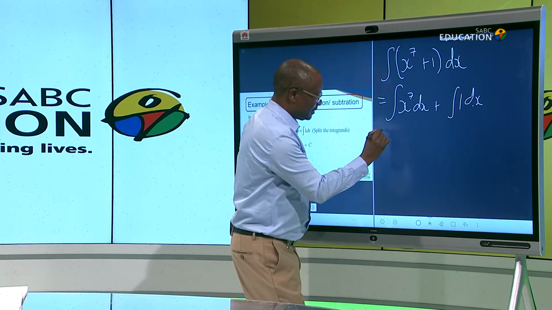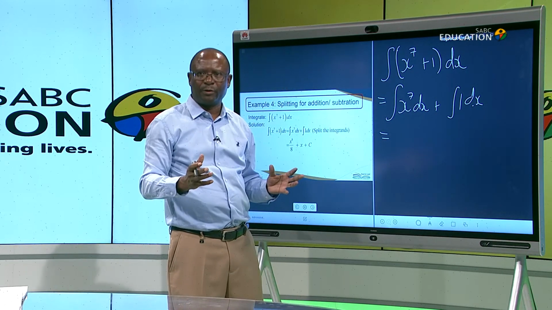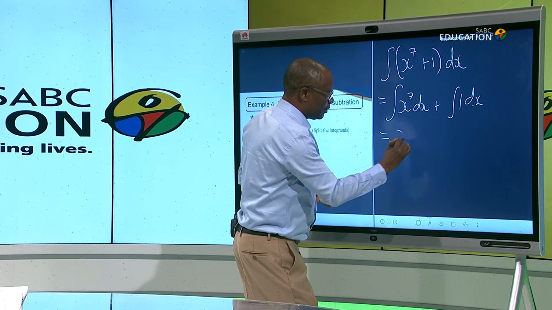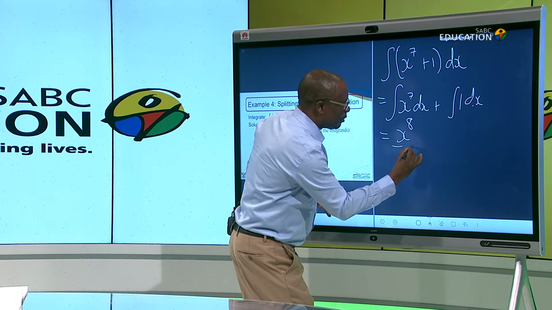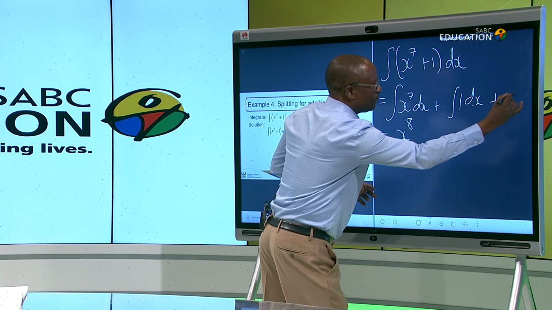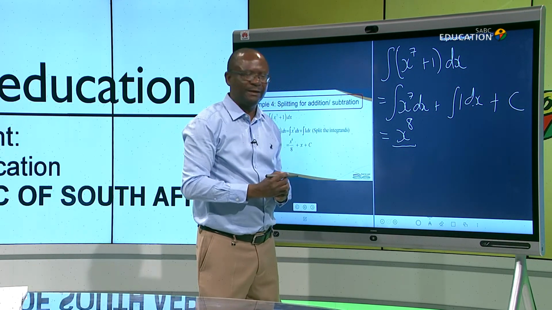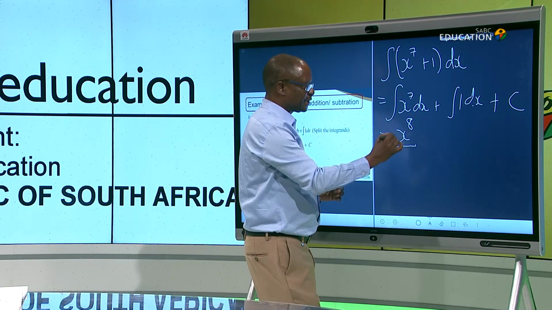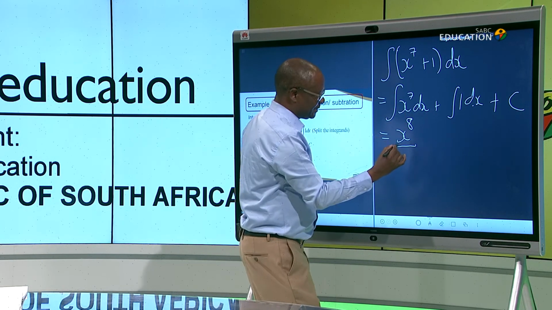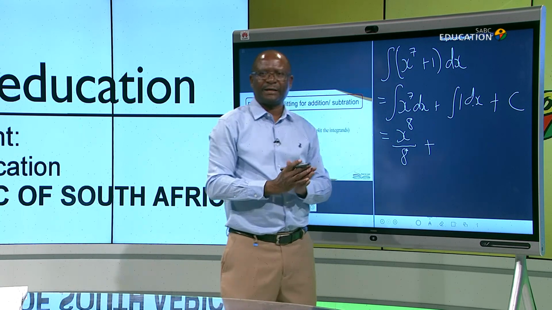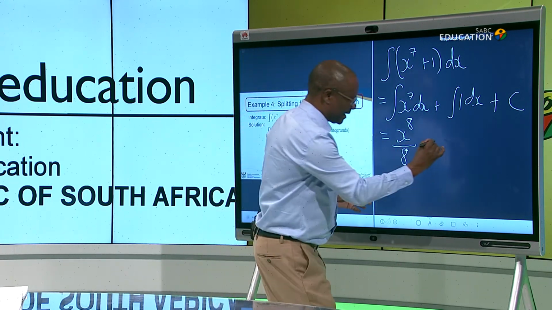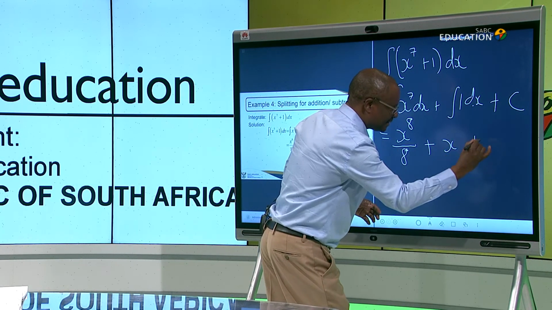From here, we have already mastered the power rule. Then we can say this is x to the exponent of 8 divided by 8 plus, what is the integral of 1? It's x plus